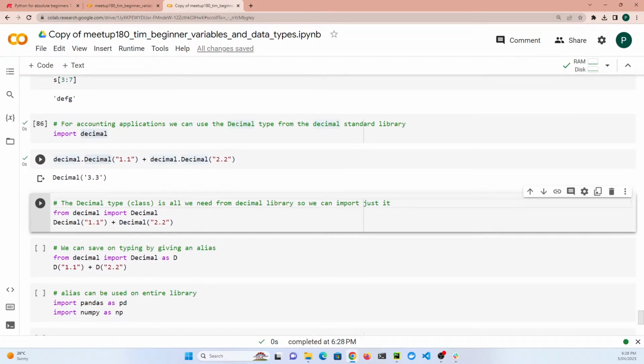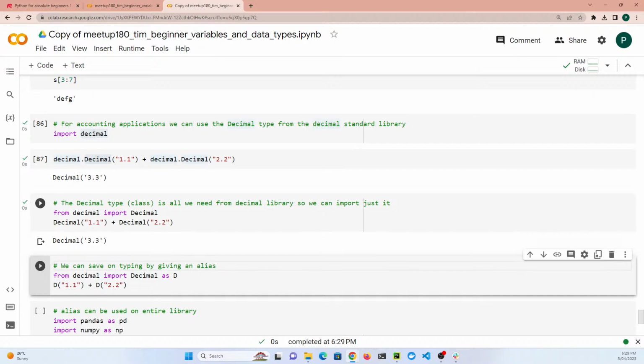Now that's a pretty verbose way of doing it. You can just say from the decimal module, I only want one class, which is this decimal class. And so anything I refer to now as decimal with a capital D, I want it to be the one that's come out of decimal. So that's a different way of doing the import command. And then I can write things a little bit more succinctly. So now I just write decimal 1.1 plus decimal 2.2 rather than this long-winded thing here,